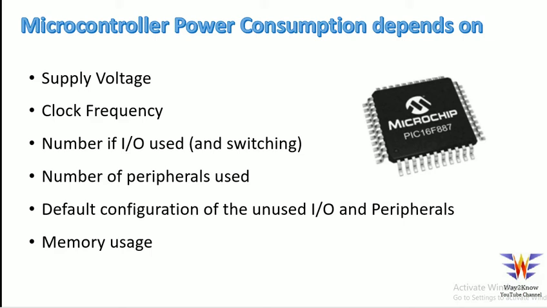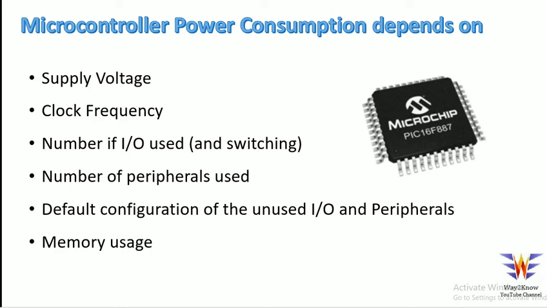By IOs we mean the GPIO basically. GPIO we generally use for control purposes. We have to know how many IOs are used, and then the number of peripherals used. Peripherals include UART, SPI, I2C, and other major peripherals like the ADC, whether it be DAC or PWM related. So there are several peripherals. The designer must have a list of the peripherals he is using.